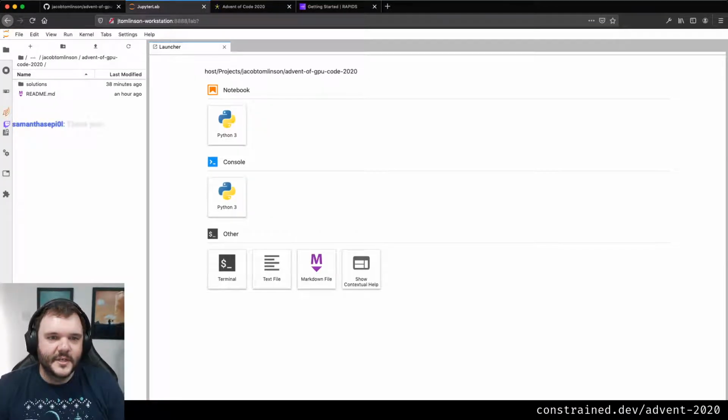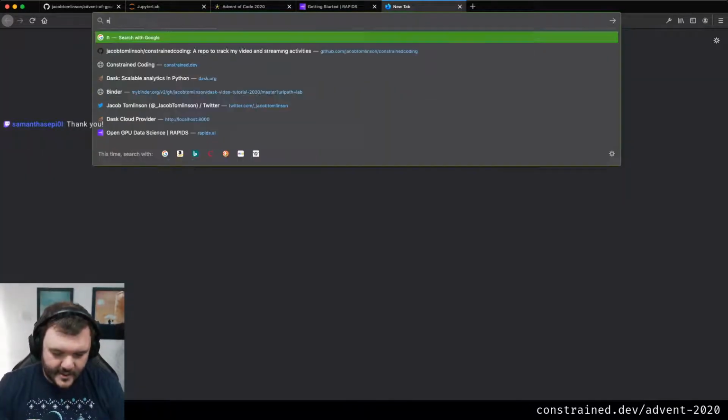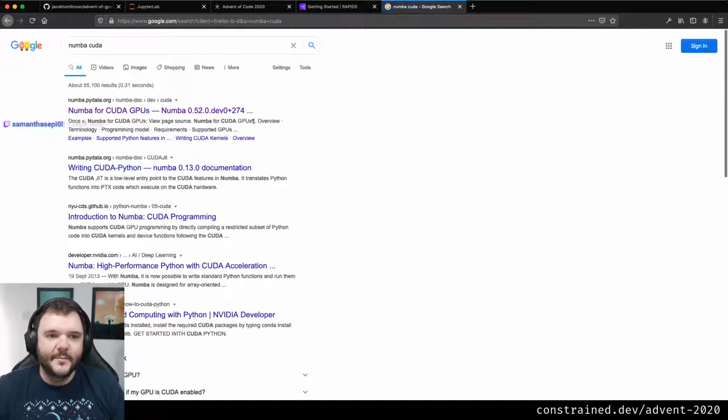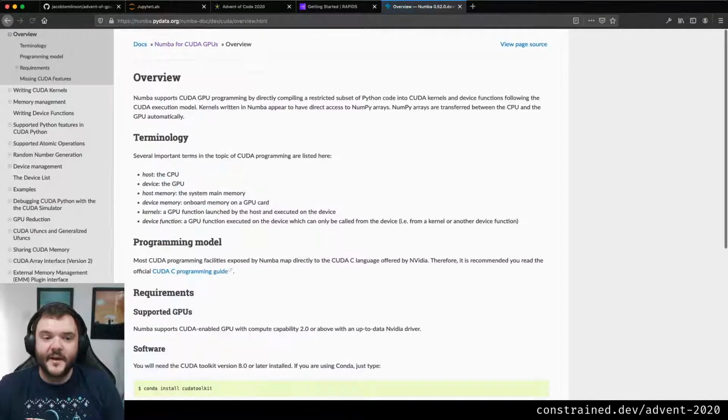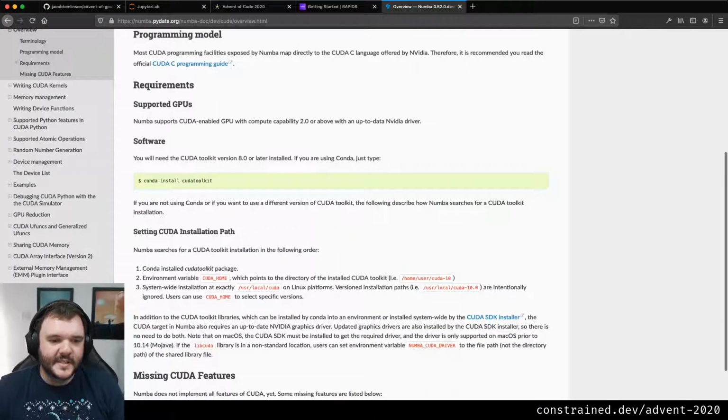I'm going to try doing stuff on the GPU. The last piece of this puzzle I want to talk about is Numba. So if I just search Numba CUDA. CUDA is like a C++ extension for writing GPU specific code. But there's a nice Python package called Numba, which does some cross compiling of Python code. And Numba's great because it basically lets you write Python and then run that Python on the GPU. It also does CPU acceleration as well, but we can write some CUDA specific stuff.